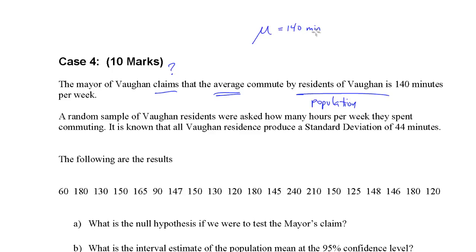Now normally I'm not going to bother with writing in the units here like minutes, but when I'm reading through a question, it's really important to make sure that I'm checking to see whether or not everything is in the same units. For example, if they start talking about hours later on, I need to convert that to minutes. Or I could convert my minutes to hours. You just need to make sure that whatever your units are, you've got the same units the whole way through